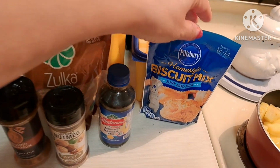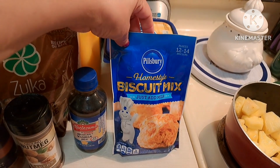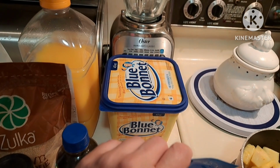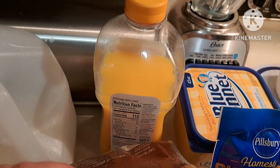We're going to use the Pillsbury Homemade Biscuit Mix, which I fell in love with. I got this at the Dollar Tree. Makes such good drop biscuits. I'm thinking it'll make a nice crust. So we're going to use the biscuits. We're going to use some margarine, butter better if you have it, orange juice,